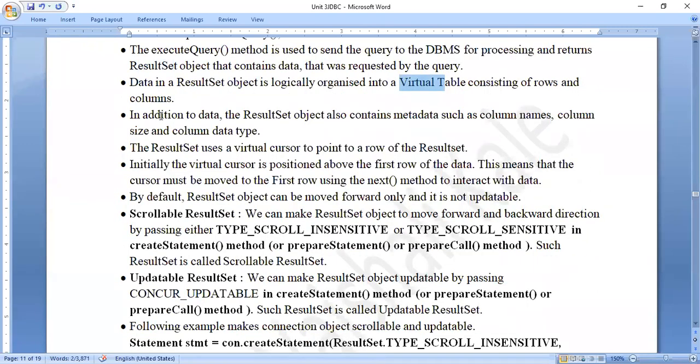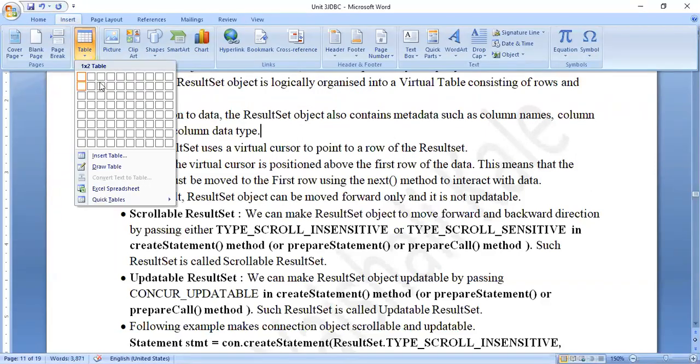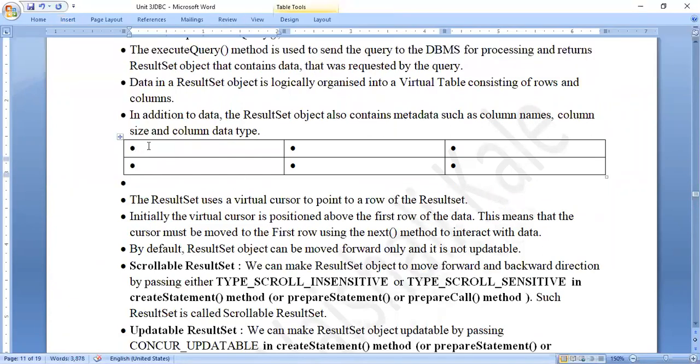and records. Whenever I get the result set, it is nothing but the table. I'll get the table, isn't it? So I get something like this. I get values something like this. So when I get this table, I not only get the values in the table, but I also get the metadata with that. So when my result set object gets created, it fetches not only the values from the database, but it also fetches metadata from the database.